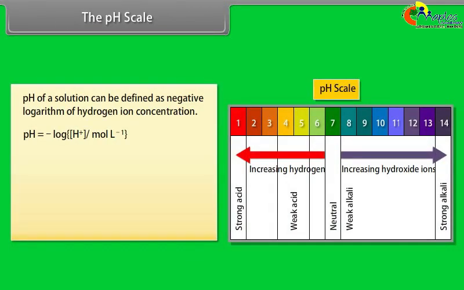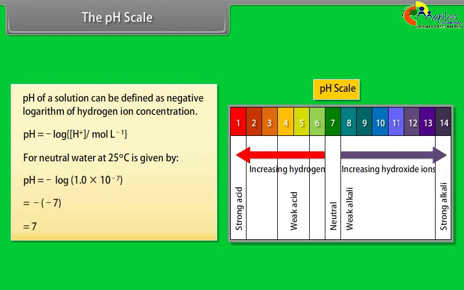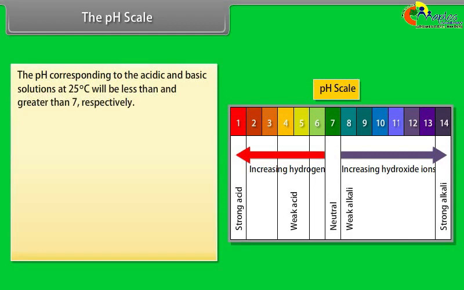The pH scale. The pH of a solution can be defined as the negative logarithm of hydrogen ion concentration. For neutral water at 25 degrees Celsius, pH is equal to minus log of 1.0 into 10 raised to the power minus 7, which is equal to 7. The pH corresponding to acidic and basic solutions at 25 degrees Celsius will be less than and